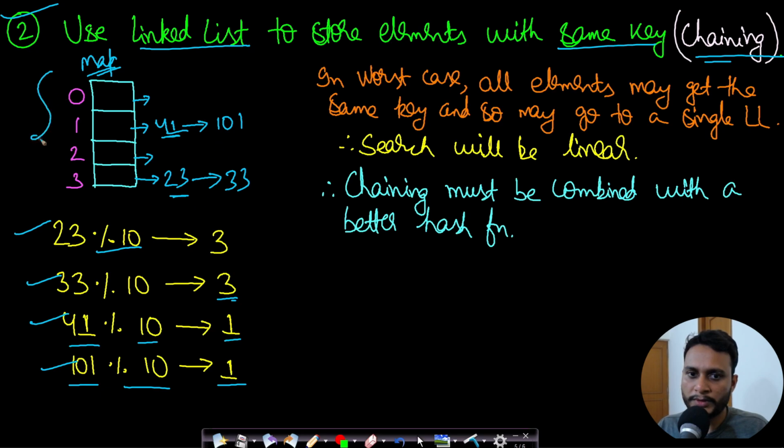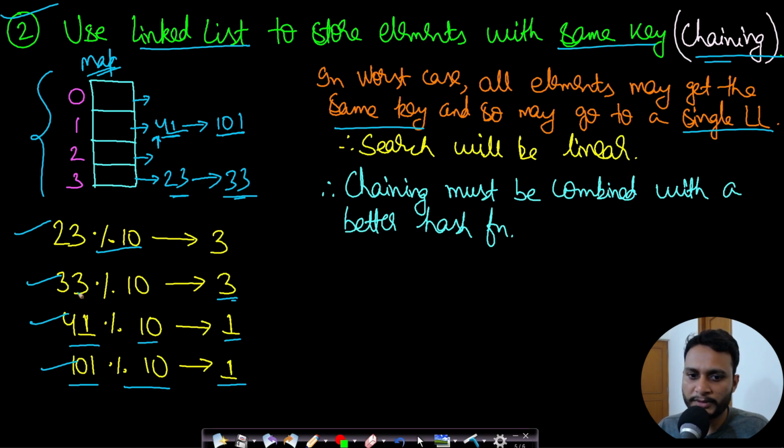So this is how we can resolve collision using chaining. Now in this case I have shown that you will be inserting new elements at the end, but probably inserting the elements at the beginning of the list will save you much more time. Okay. Now in worst case all the elements might go to the same key, and so we will just be forming a single linked list, right?